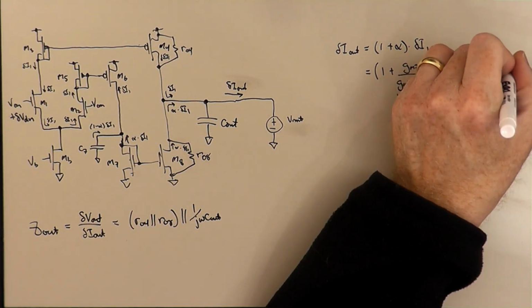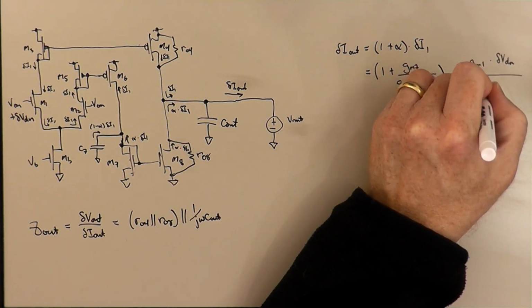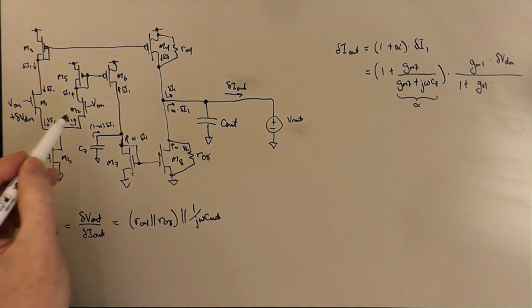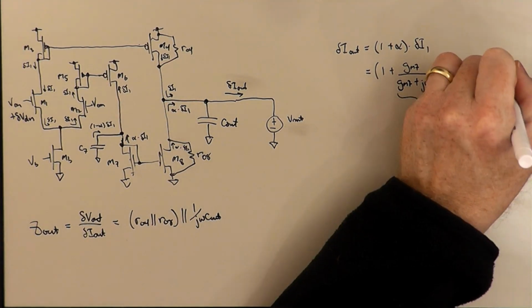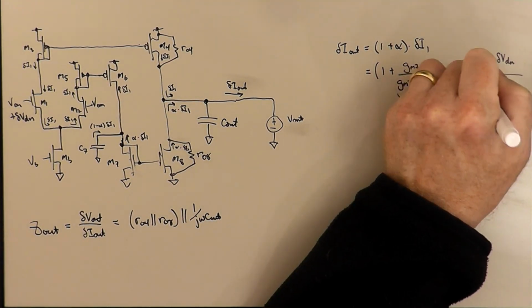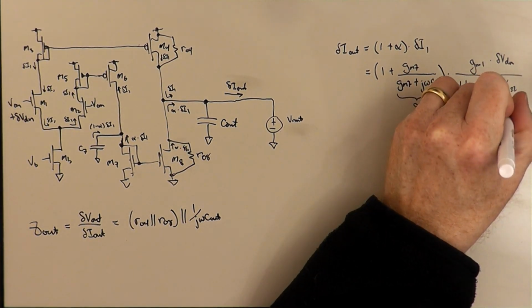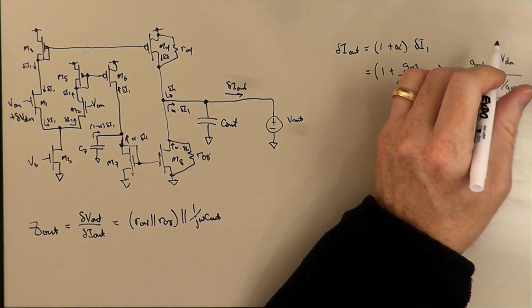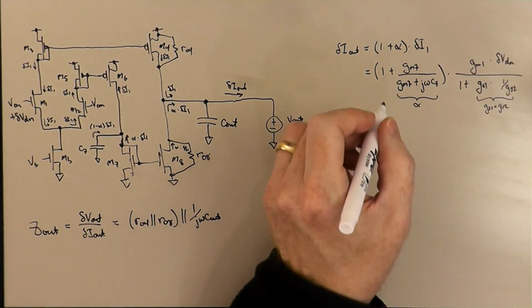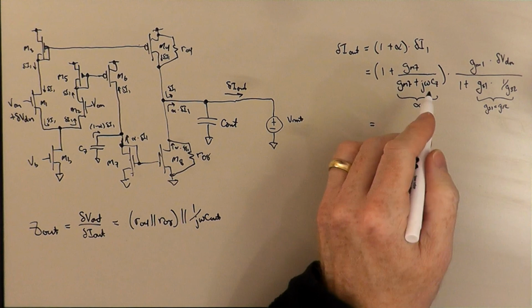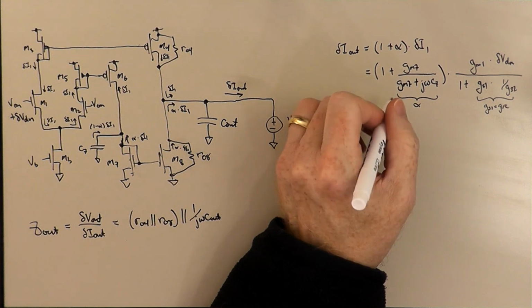times delta VDM divided by 1 plus GS1 times whatever the impedance is down here, the incremental impedance, and that's still going to be 1 over GS2. And we still have the balance condition as our quiescent condition, so GS1 equal to GS2, and that means that this thing down here is just 1 over 1 plus 1, which is 1/2. And so this is going to be, if we combine these things over a common denominator, we are going to have